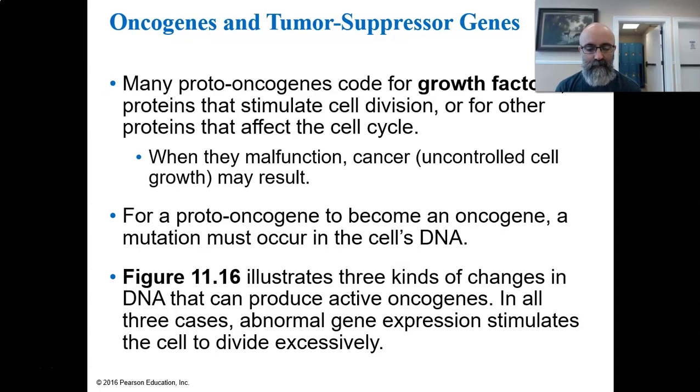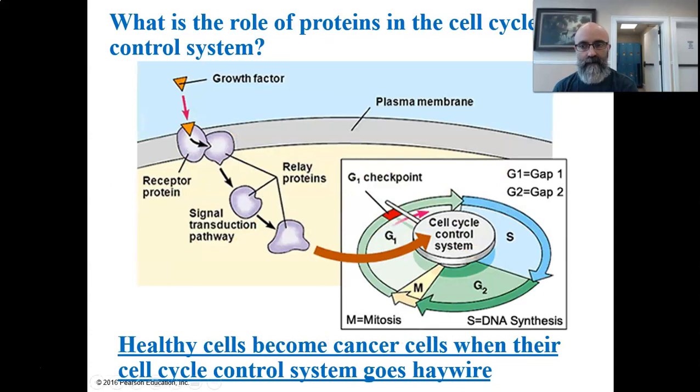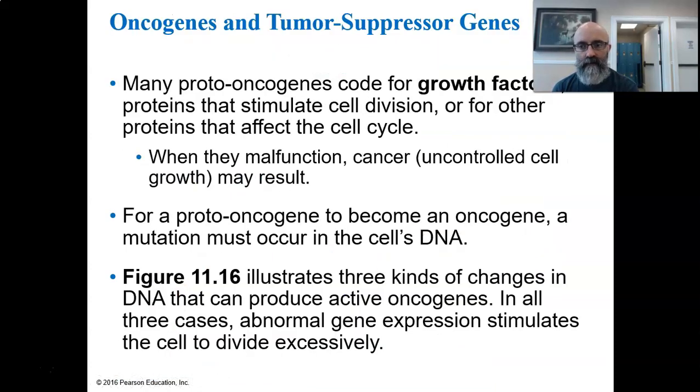Remember, we go back to our previous slide here. There's that growth factor. Why is that growth factor there? Because the ribosome got the code from a proto-oncogene. And when that growth factor is there, that cell will divide, okay? But I hope that you can see when something goes wrong with this growth factor, that's going to lead to uncontrolled cell growth, right? And that's what cancer is. So